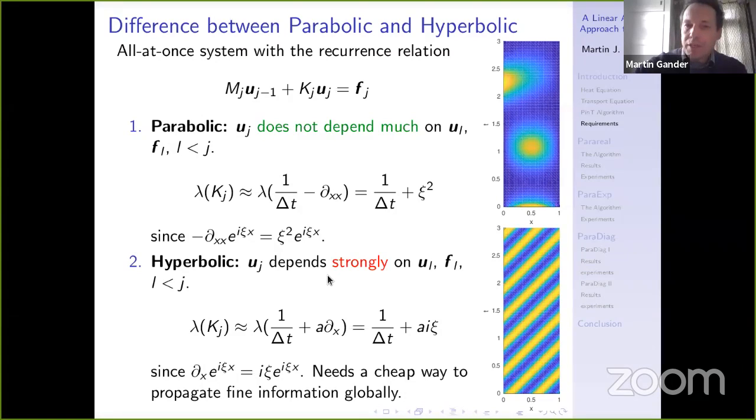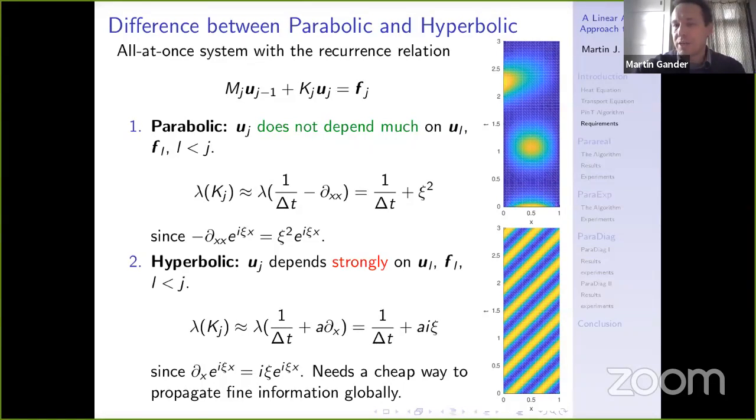Now in the hyperbolic case, we can also look at the spectrum of the K_j blocks. And if you look at the spectrum of the K_j blocks, there was one derivative here. The eigenfunctions of one derivative are still exponentials. You get an ik. So here the eigenvalues are going to be in the complex plane. This part is on the imaginary axis. So such types of problems have this type of behavior. And it cannot be assumed that the effect is local in time. So for such problems, you need another mechanism to make them work